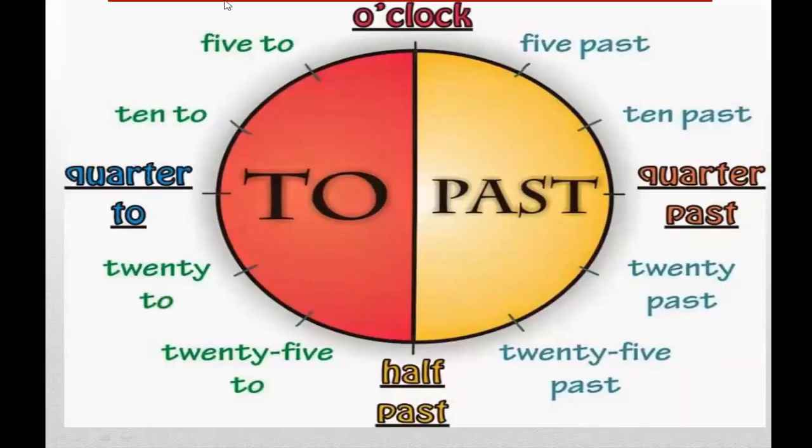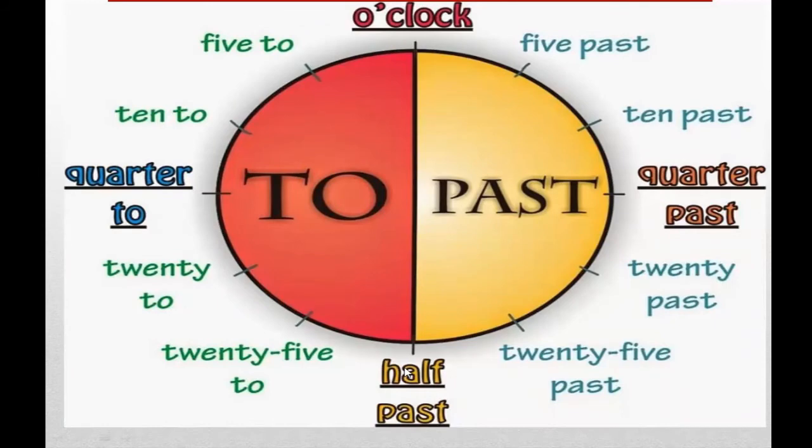So let's see another way of saying it: quarter past, quarter to, and half past. If they ask you to write your time in quarter past and half past, see here, this is 5 minutes. So 5 past, 10 past. When it comes here on 15, you say quarter past, then 20 past, 25 past. When it is exactly on half, cutting the clock into exactly half, you say half past.